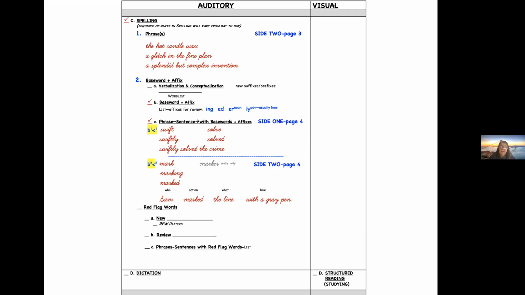Or if they have no idea what it means, then you could say it means complicated. And so then you could say, do you know that there are two word parts and each one of those parts has a specific meaning? So once you know the meanings of those parts, you could figure out not only that word, but other words that have the same piece. So you could say the COM means with or together, and PLEX is layers.